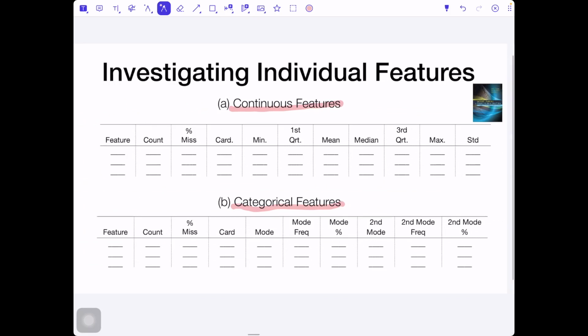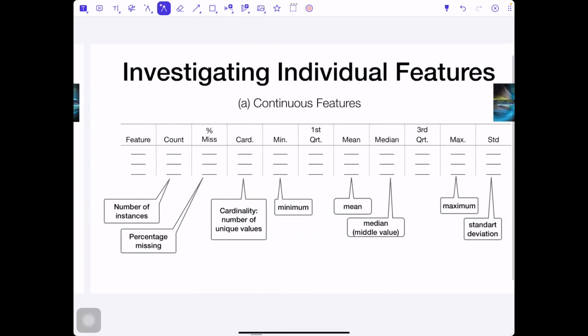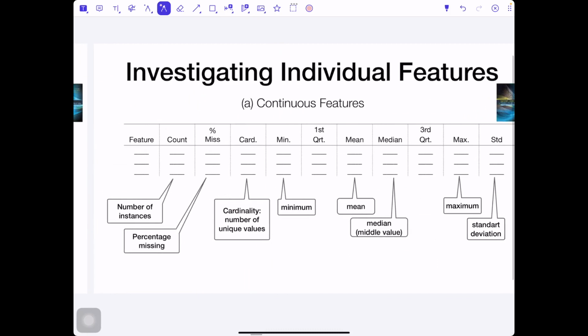For the continuous features, you can look at the numerical features. We can say, for example, the number of instances, and the percentage of missing values. For example, we take one feature, it could be the age, a continuous feature, the age of our animal.